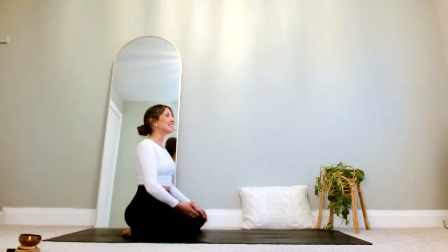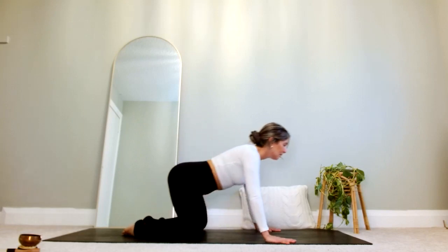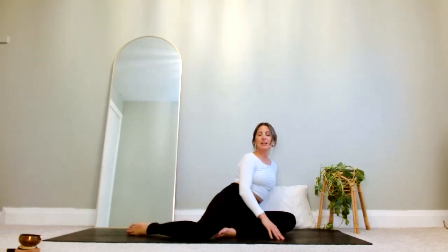Looking at the shifts that you have created in your body, in your mind. Maybe feeling more clear, more calm, more centered, more connected to your body. It's so often we're too busy living in our heads that we don't really feel into our bodies. So thank yourself for doing this practice with me here today. Go ahead and come into shavasana now. So just rolling over